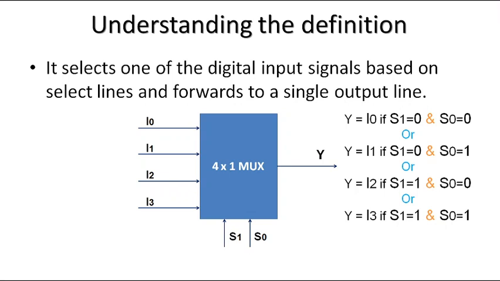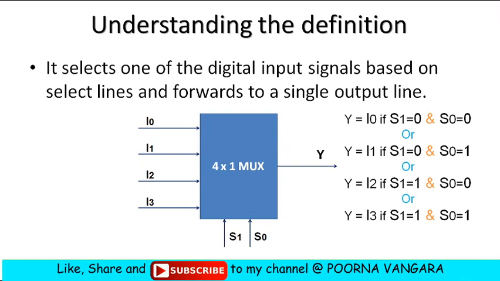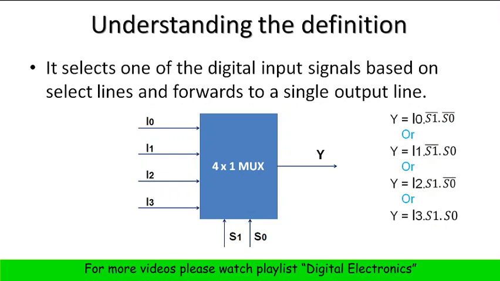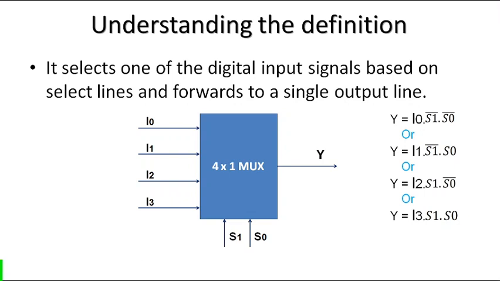Now in order to write down the expression, you just have to replace the AND symbol with the dot, and in SOP form S1 equal to 0 is indicated by the variable S1 dash and S0 equal to 0 is S0 dash. Similarly the next combination is S1 equal to 0, so S1 dash, and S0 equal to 1, which is the normal form, so it will be S0 only, joined with a dot. Similarly the next one and the next one. Now you can replace the OR symbol with the plus operator. So now everything is replaced with plus.